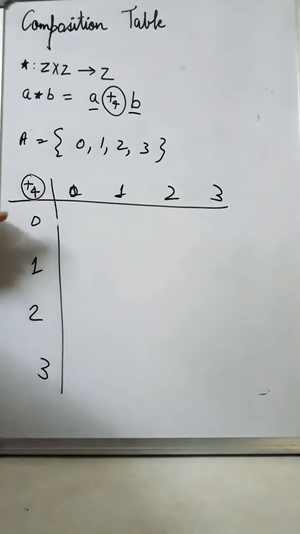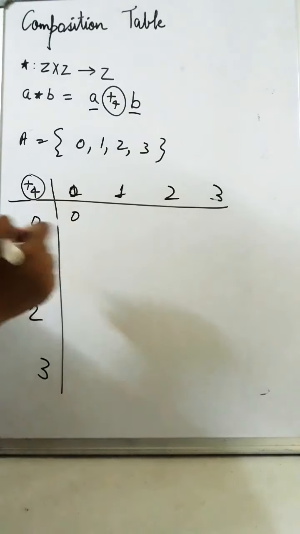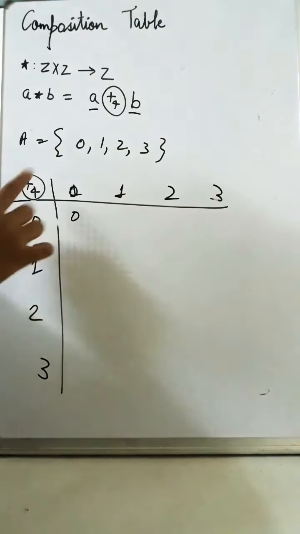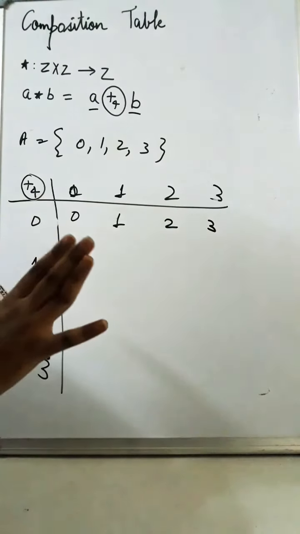Now first you will apply addition modulo 4 on these two, then these two, then these two, all like this only. So 0 plus 0 is 0. 0 addition modulo 4 is 0. Alright. 0 plus 1 is 1. 1 addition modulo 4 is 1. 2 is 2. 3 is 3 only, because all of them are less than 4. So you will get these numbers as the remainder only.